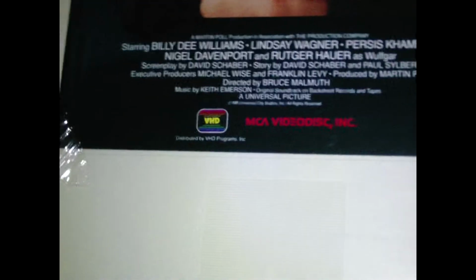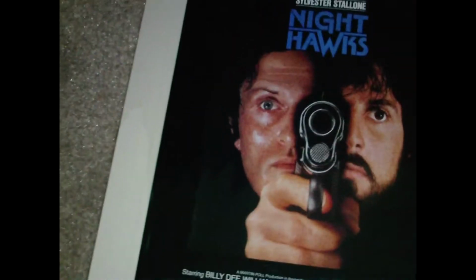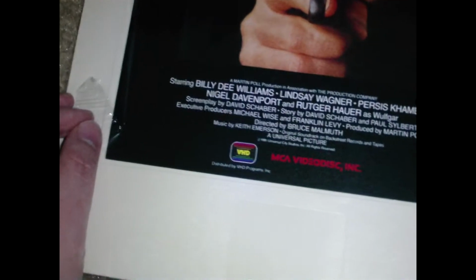It has an end label on the spine, which is just a sticker, and yeah, the flash is in the way, but it's Nighthawks, and over here you can't really make it out, but that's the reference number for it, which is also on the cover there at the corner. So I wanted to film myself opening this, so I should do that now. Yeah, this is how it came, this is how it was sold to me, just with these tears. But I'm not picky like I know some people can be with their sealed items, like, oh, there's a slight little tear here, yeah, new mint condition. Nah, plus this has to get played, so